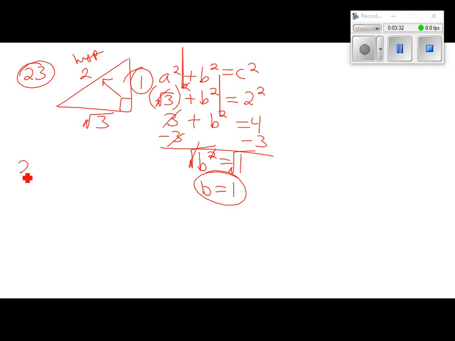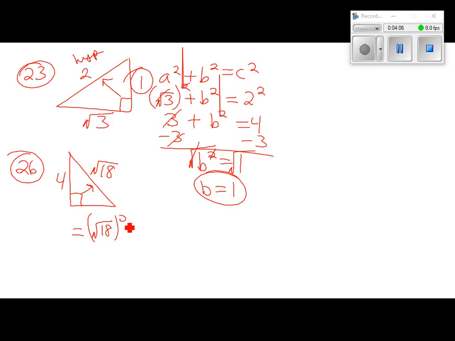Next one. What's the next question? 186. My triangle doesn't look a whole lot like theirs, but just go with it. What goes in for C this time? Radical 18, square root of 18, however you want to say it, it all means the same thing. Make sure you square that. What goes in for B? 4. What goes in for A? 8